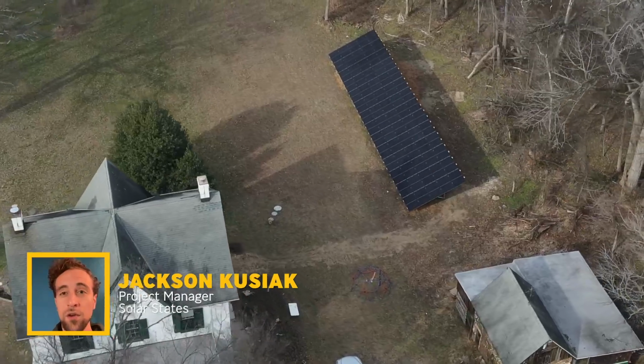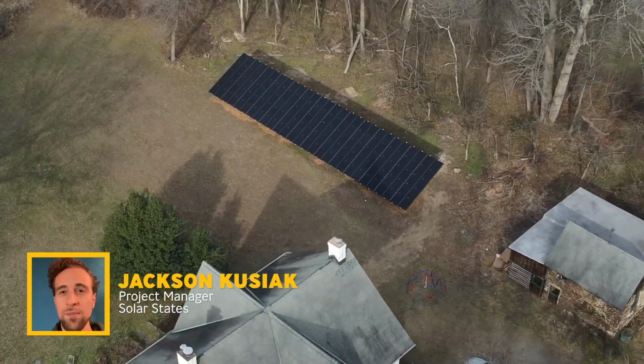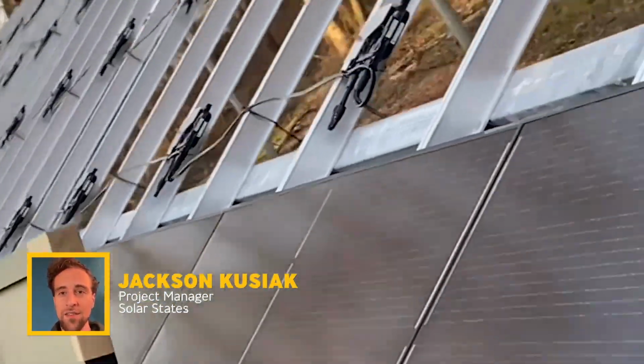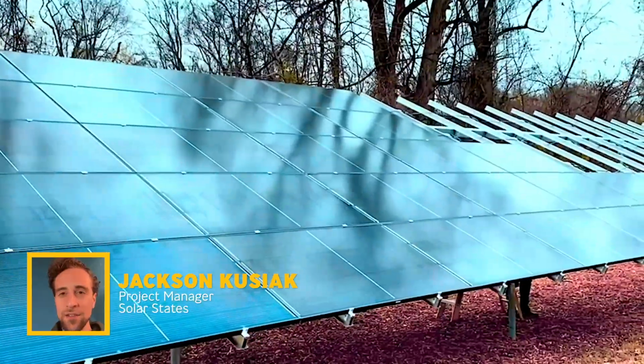Prior to installing solar, the homeowner converted the entire home to running on ground source heat pumps and is using no fossil fuels on site for heating or cooling. Everything that is being produced from the solar array is being used on site and is interchanged with the grid